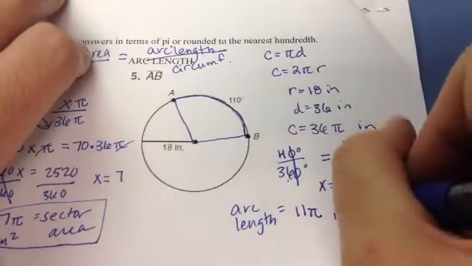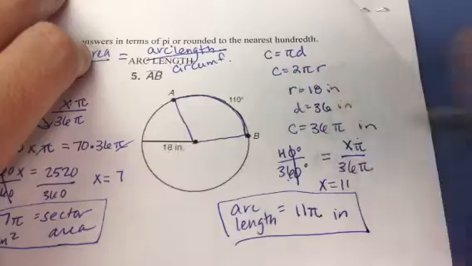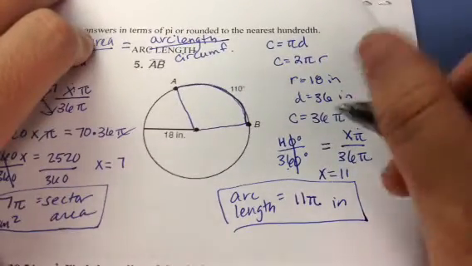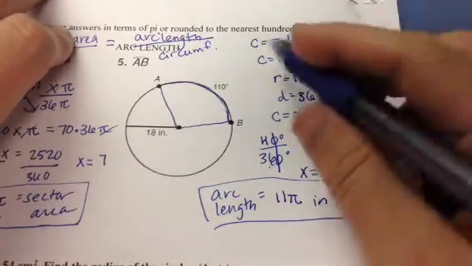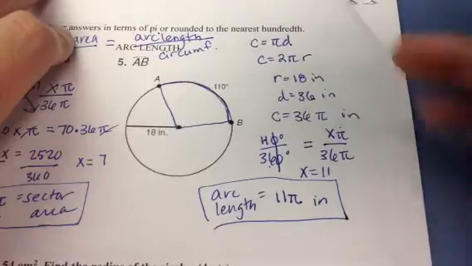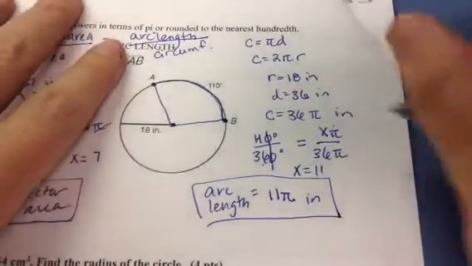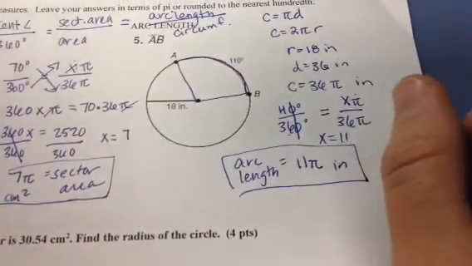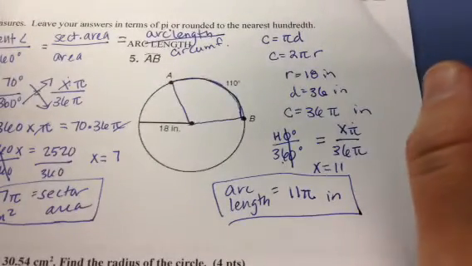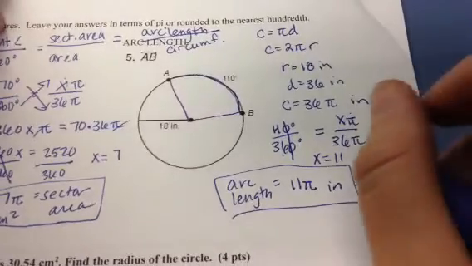And that's going to be in inches. All right, now again, if you did that and you multiplied out to the nearest hundredth, instead of using 36 pi, you would multiply 36 by pi and use, that's funny, it was 36 pi both times. That was not on purpose. You would use